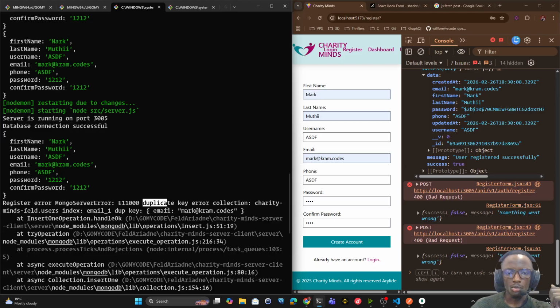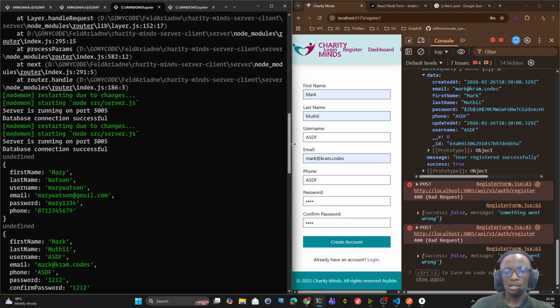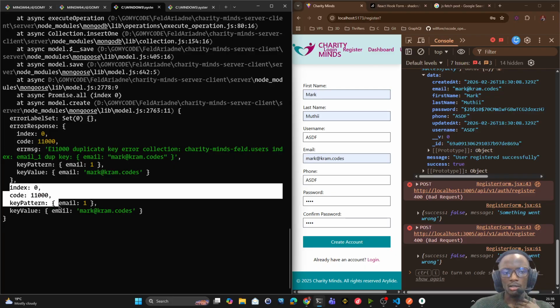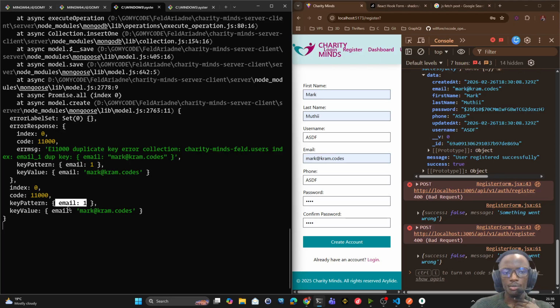So you see dupe key, then you look for email, and then you just know the issue is that the person has tried to sign up with the same email. Also, you have this key pattern, email key value, right here. And I believe the code when it's 1100, that's the duplicate key error code. I'm not sure of that 100%, don't quote me. But the MongoDB errors will have this kind of a structure that you can then read and know